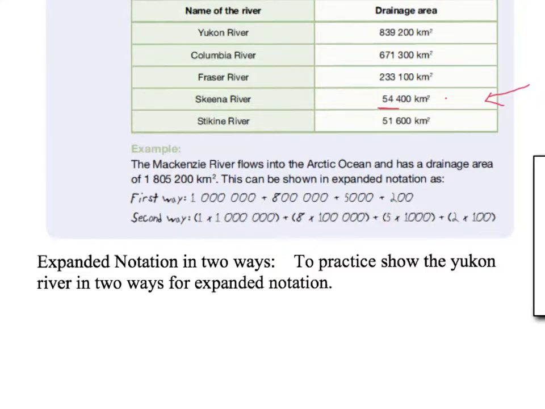Now you'll notice that in between each of these there is the plus. You must have the plus sign, and you also need to have the brackets around them. That comes in more so in grade 6 when we talk about the order of operations, which we don't talk about in grade 5, but you'll notice that you have to do this part that's in the brackets first. That's why that is the case. You don't necessarily need to know about the order of operations, but do know that there must be brackets around each number from here. So 1 times 1 million, brackets, plus bracket 8 times 100,000, bracket, must have brackets enclosing